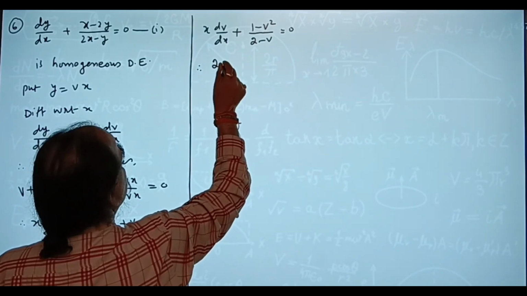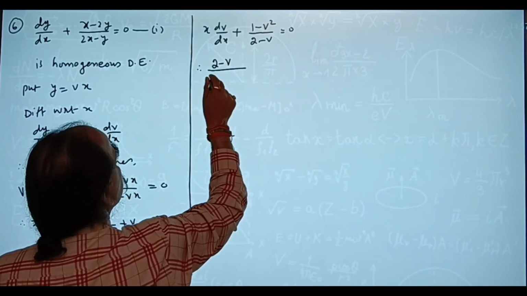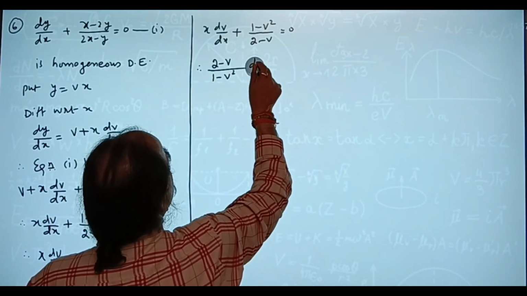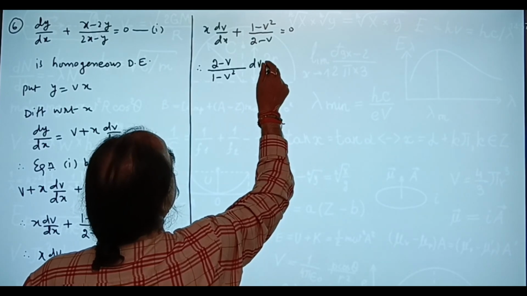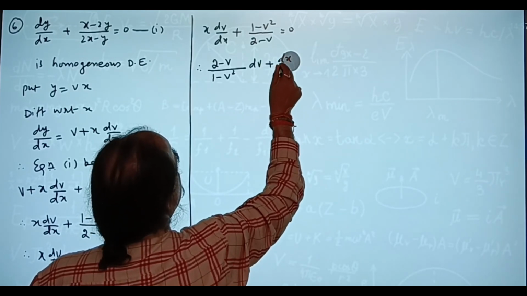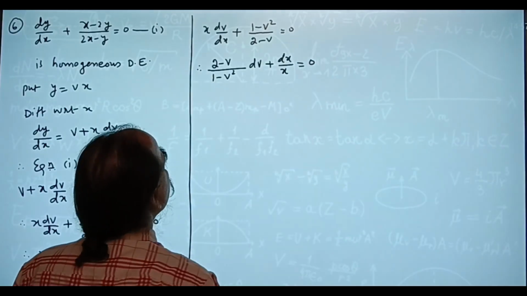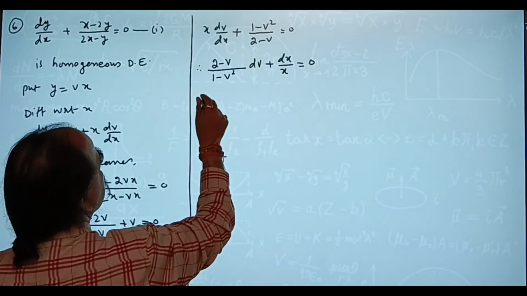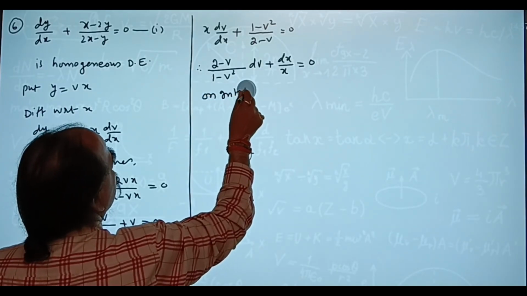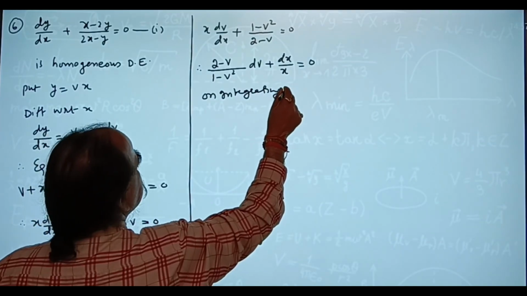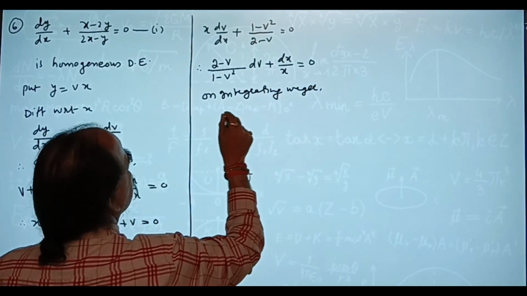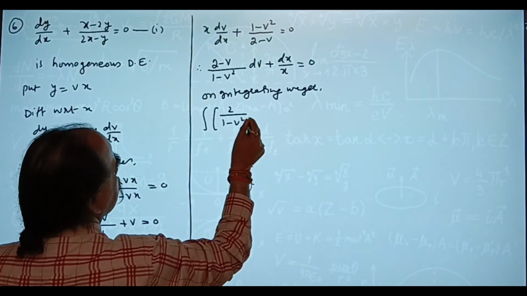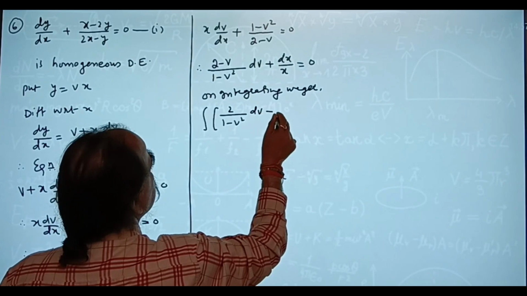Therefore, (2 minus v) upon (1 minus v square) dv plus dx upon x is equal to 0. Now separate it. On integrating we get 2 upon 1 minus v square minus